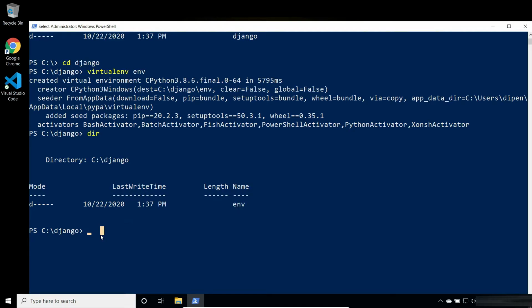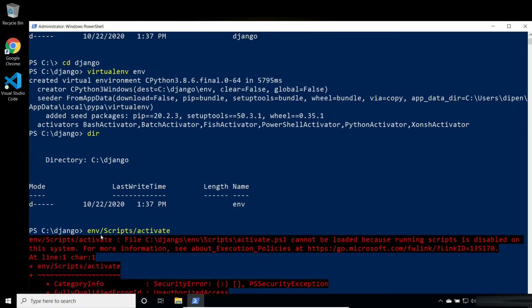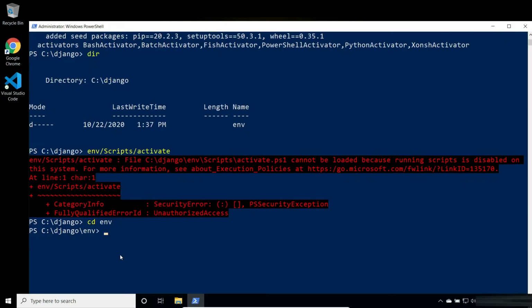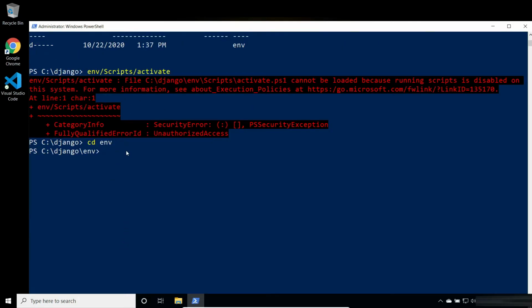Now in order to activate this environment, we need to give the command your env name /Scripts/activate. So here it should activate, but we are facing some errors. If you face this kind of error, what you need to do is move into your env folder here, and give one command: Set-ExecutionPolicy RemoteSigned.